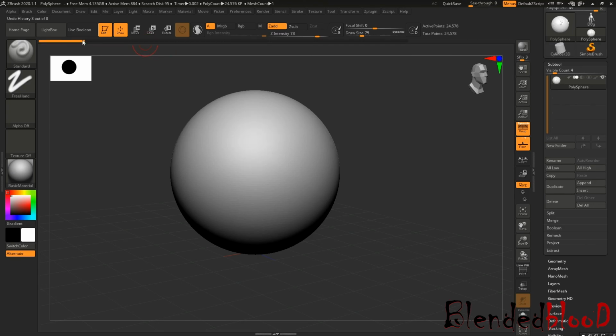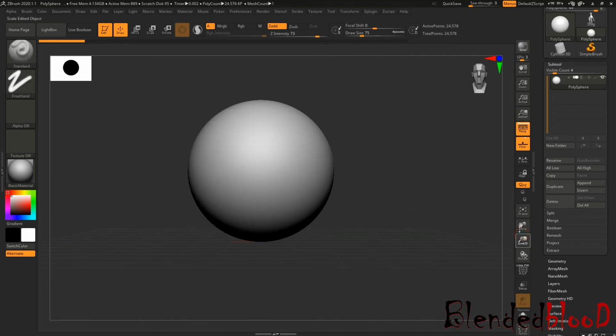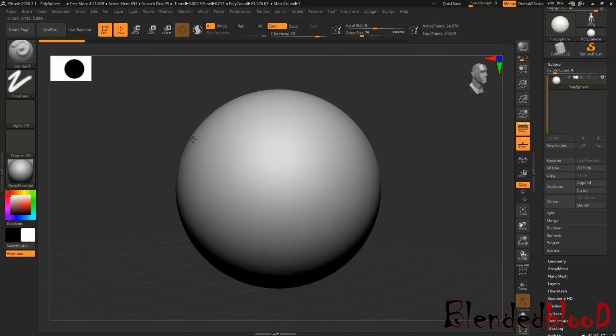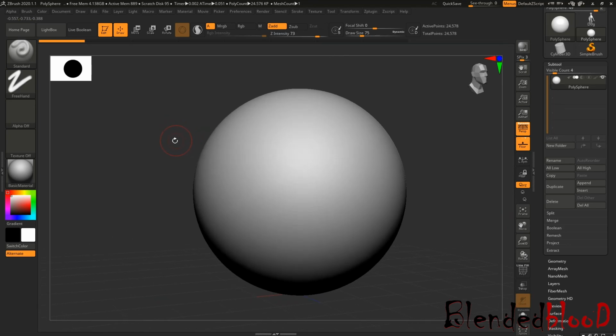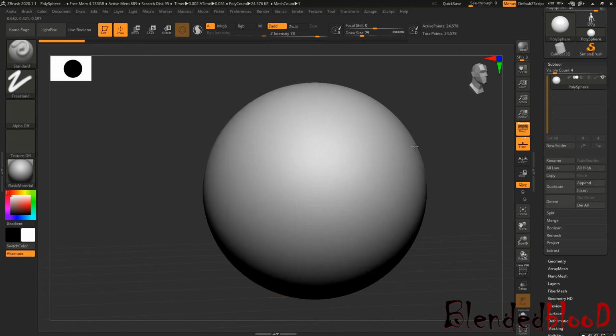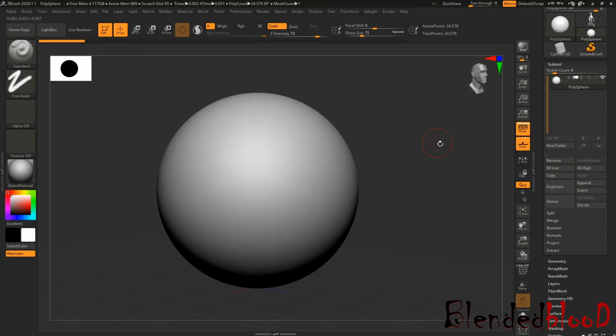And in the next lecture I will show you how to work on a model. I will model an object, and I will use a few more tools and a few more objects, so that your concept will be clear, like how we are going to work in this software. This is the one and only view you're going to work with.